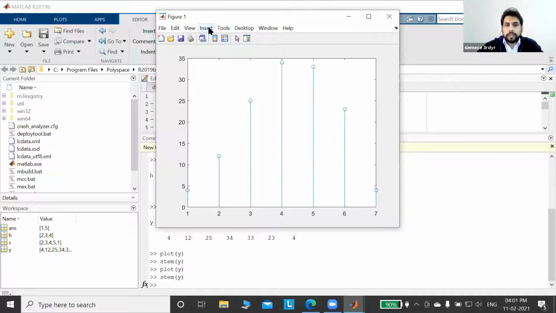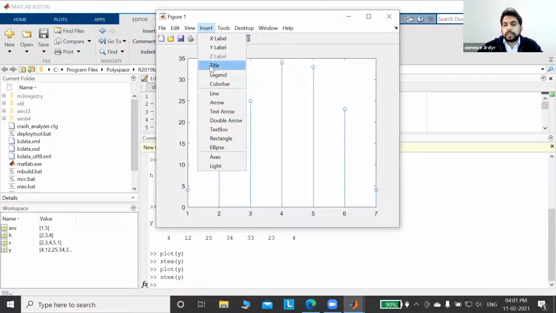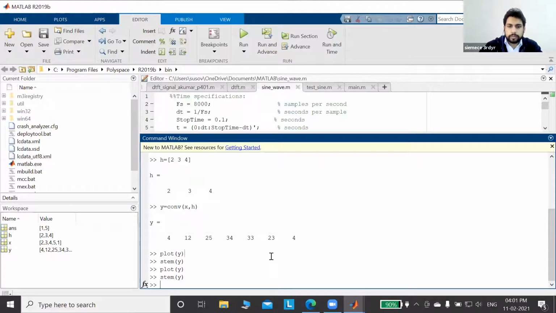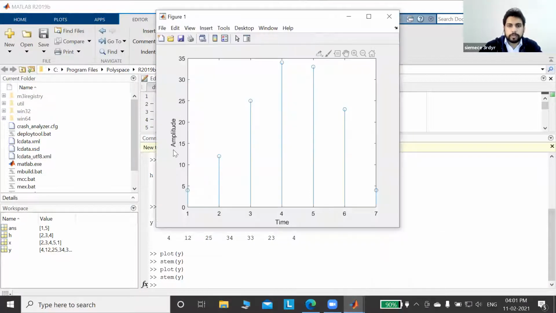Now you can insert x level, you can insert y level, you can insert the time. For x level, you can define time over here, and for y level, you can write down amplitude. So time and amplitude you can write down like this.